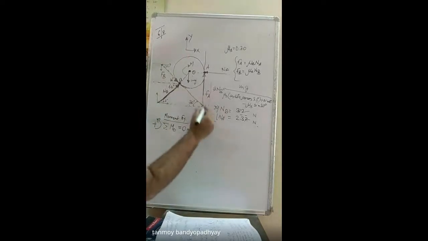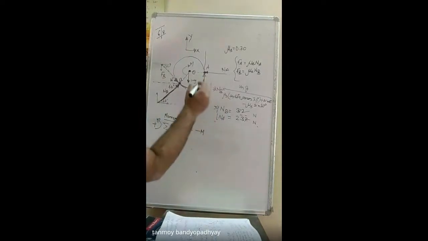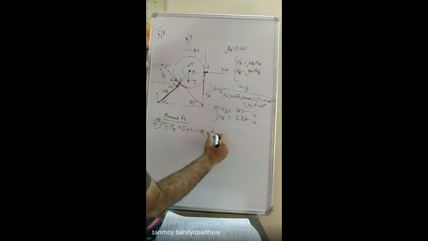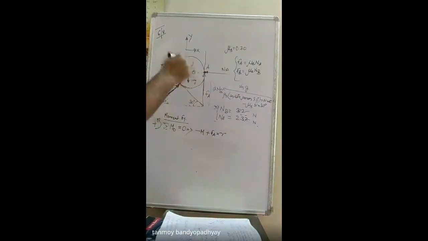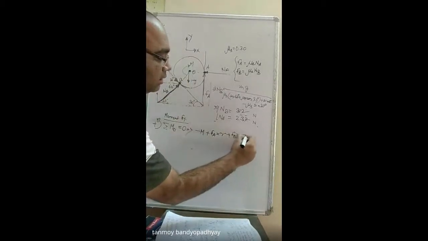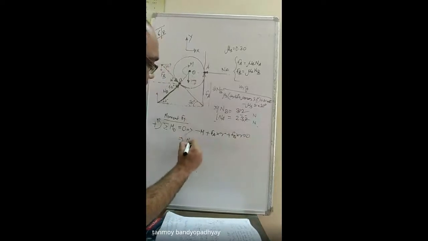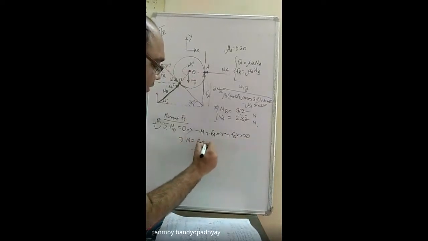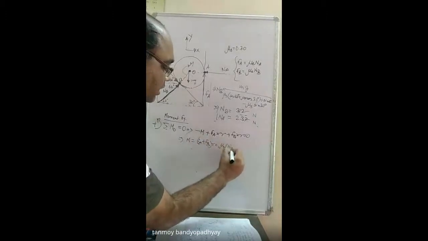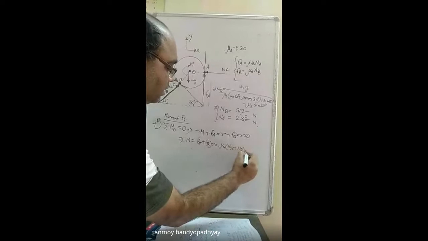So the frictional force, FA component কতটা হবে? So it is a tangent, it is a radius. So that will be anti-clockwise. So plus FA into R. And for FB, again it is anti-clockwise. So it will again be FB is tangent to the circle into R. So plus FB into R, that is equal to 0. So M will be equal to FA plus FB into R. So that is equal to mu S into NA plus NB into R.